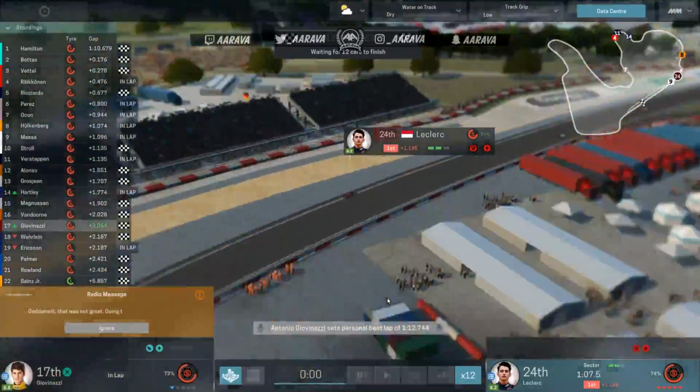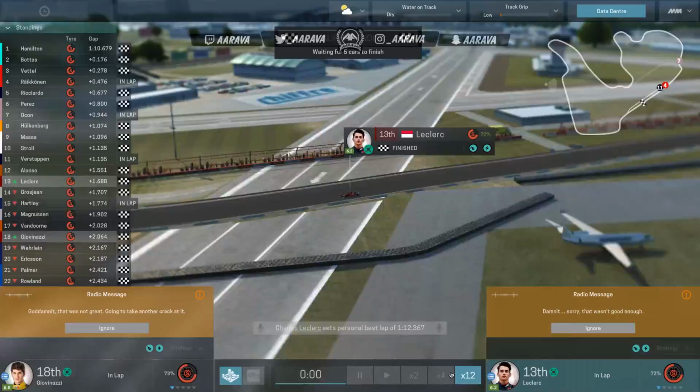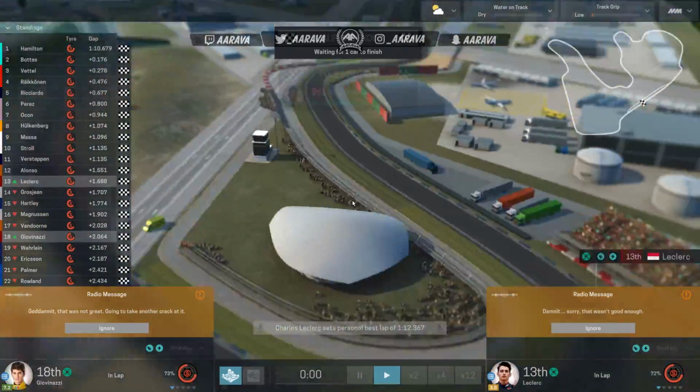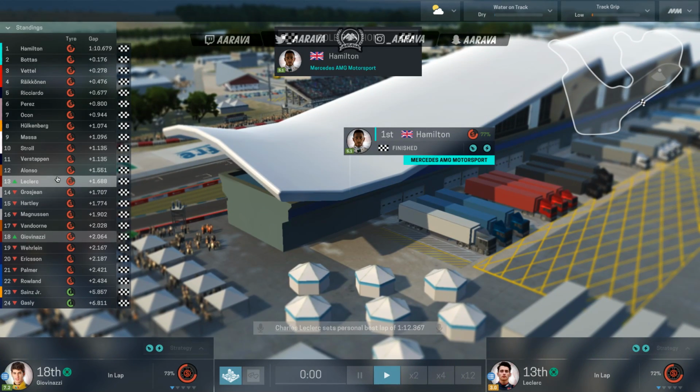Everyone's going to have 1 lap to do this. Across the line, it's 13th place for Leclerc. It's only 18th for Gio. That's a really, really good qualifying for Leclerc then. 13th place ahead